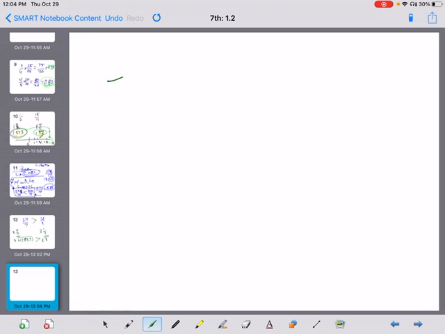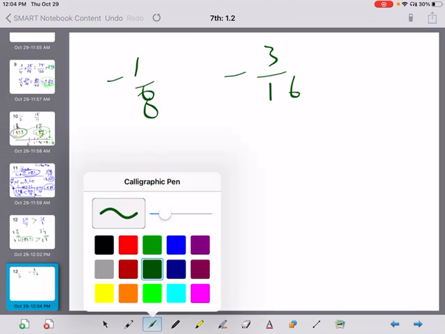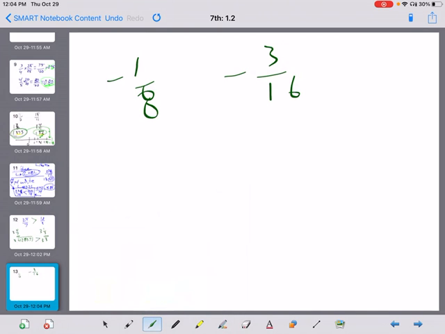So we've got -1/8 and -3/16. So you can't use a number line here for those ones. I'm also going to tell you, hey, the most simplest way to logic this one out, get a common denominator. Then you know which one's going to be bigger. We can get a common denominator here. Multiply by 2/2, -2/16,